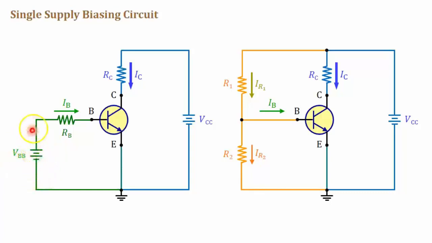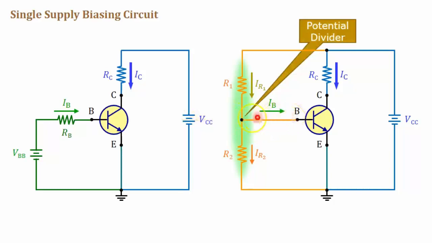VBB provides the base current which controls the transistor to operate as a switch or a current amplifier. Practically, IB is provided by a potential divider circuit, and the whole biasing circuit only requires one power supply VCC. In the following few slides, we will discuss how to use R1 and R2 to bias a transistor in different